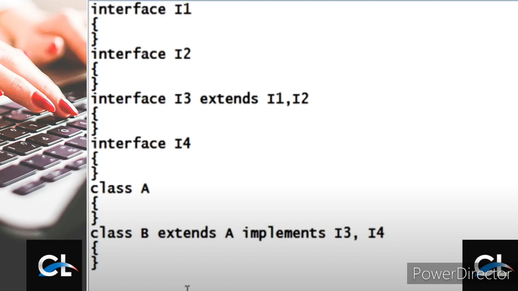If I implement I3, under I3 I1 and I2 are already implemented indirectly, and I4 is the interface. We can write not only one or two, but more than one. As per our requirements we can implement interfaces, but in case of classes we cannot do it.